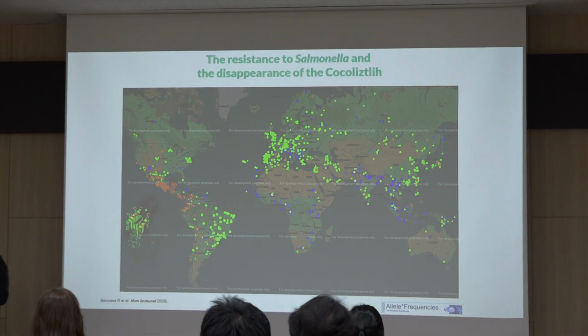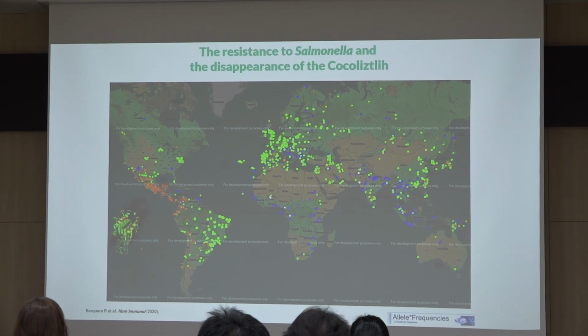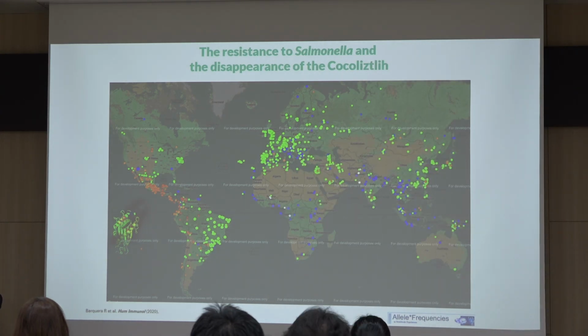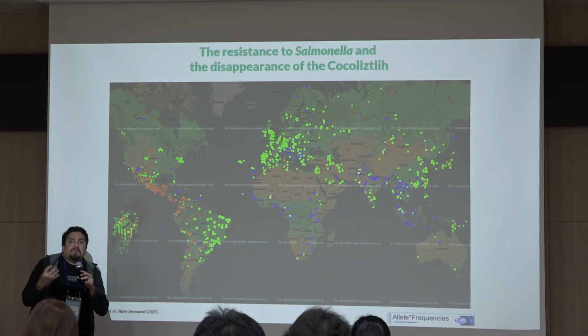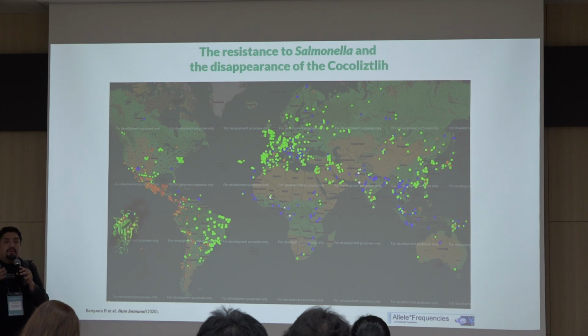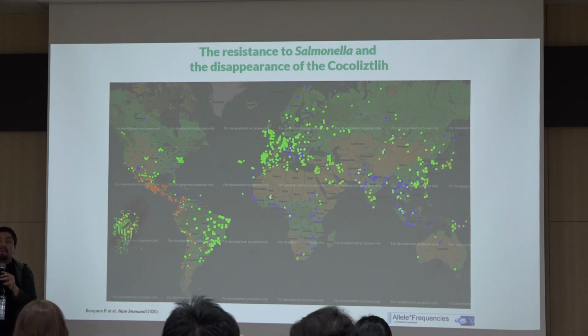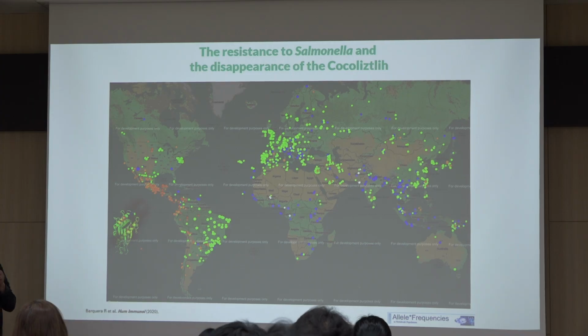So this adds up to the whole story of Salmonella not only being the agent that caused this Cocolisli, but also leaving a mark, a footprint in our genomes, and we still carry that to this day. I have that variant, so I am resistant to Salmonella, not all the time. Sometimes I go to Mexico and eat some street food and I get sick because of Salmonella, but I'm never as sick as someone without this allele would be if they did the same. I don't have a lot of time